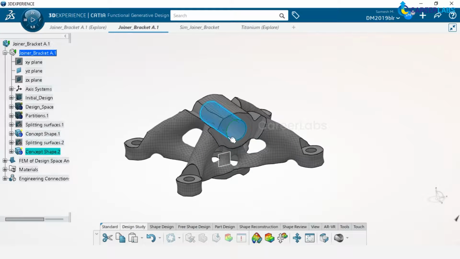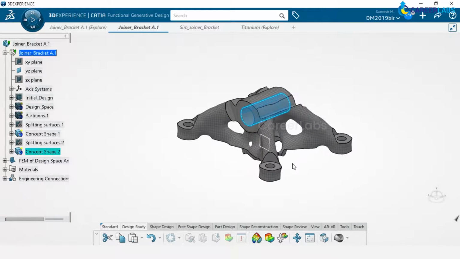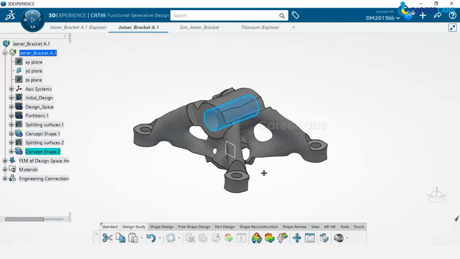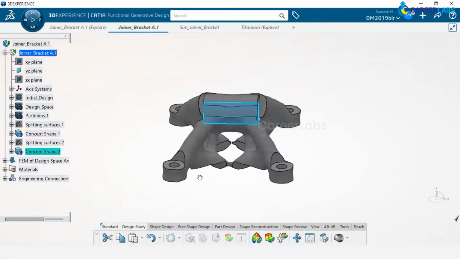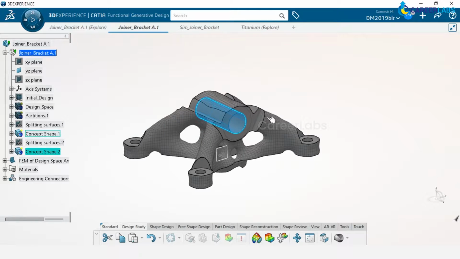So we took that as an input here in terms of bearing load, and then we did the basic FE analysis, where we studied the amount of displacement as well as the von Mises stress. The von Mises value you get needs to be compared with the stress strain curve, wherein it should not go beyond the yield limit of this material, which is titanium. Okay, if it's within the yield limit, and if the factor of safety is satisfied, then we can of course proceed with the topology optimization process.